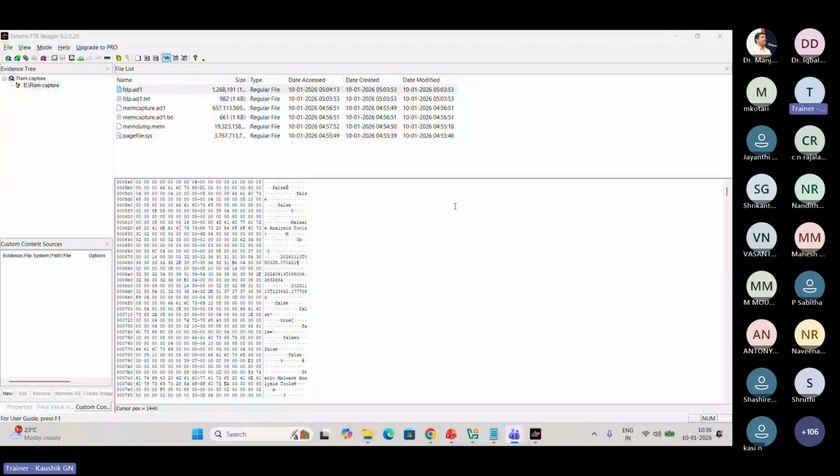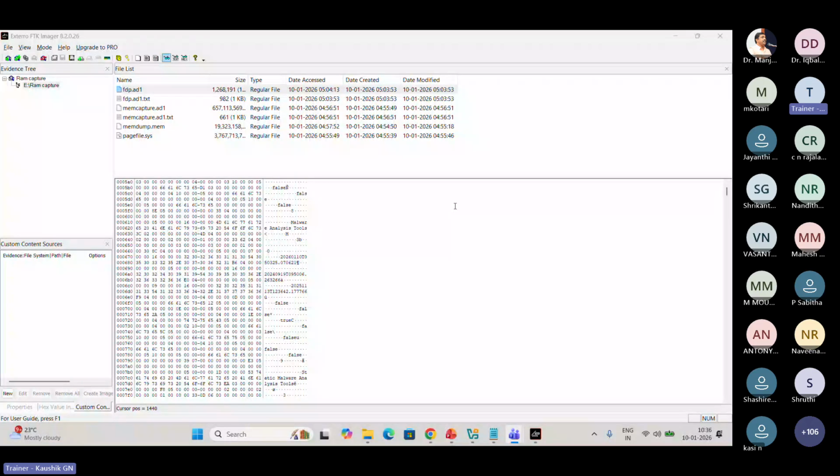When you are talking about forensics, it entirely depends on the evidence. So here, anyone can create a file, right? Because of that, FTK Imager has the inbuilt option of creating a hash value. For example, I have created this. The hash value will be created for this image file.